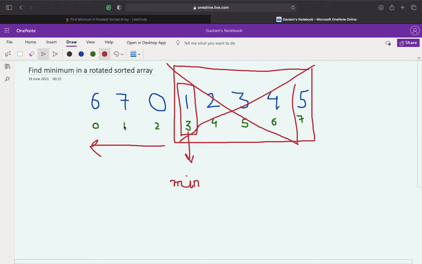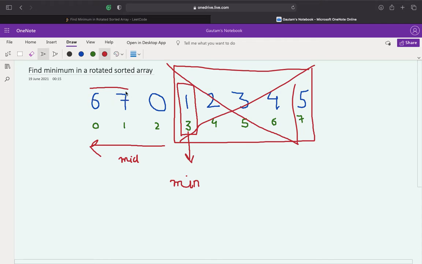Now we'll use the same fact over here. We'll reduce the array to this subarray and check the middle element. Then we'll check whether the left part is sorted or the right part is sorted. In this case the left part is sorted, because the leftmost element of the left part is less than the middle element.